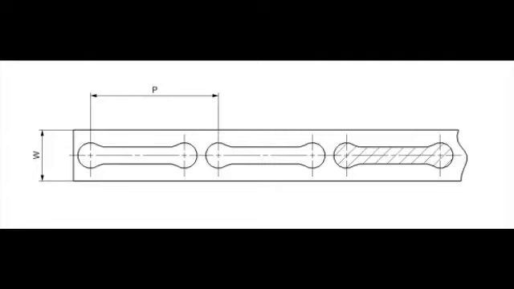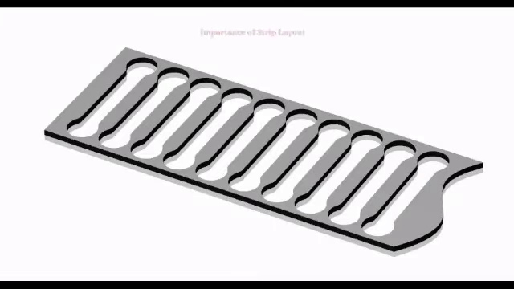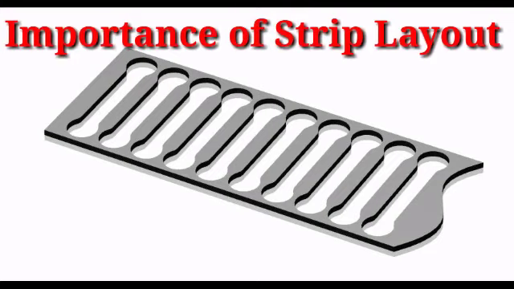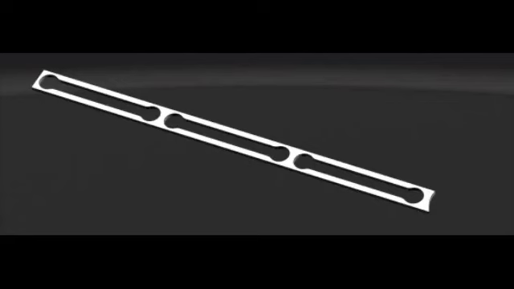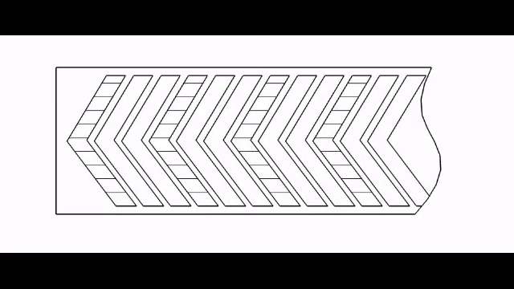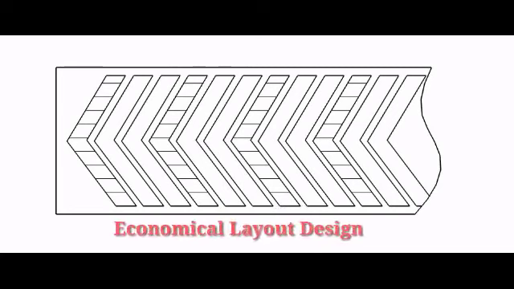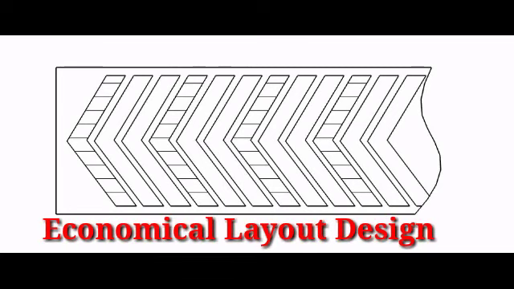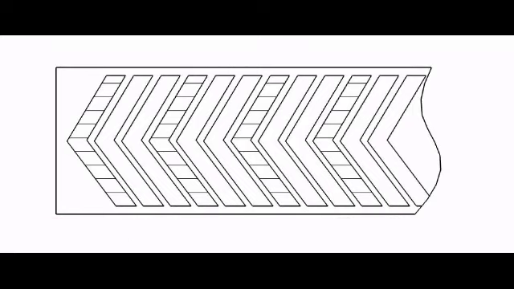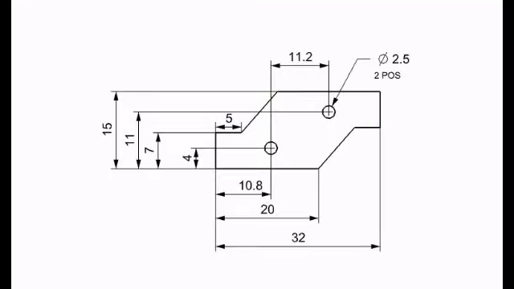So friends, today we are going to see all these topics. Also we are going to see the importance of proper strip layout, explaining the different types of layout which are preferred in industries. Also we can calculate the percentage utilization of the strip and decide the most economical layout for the press tool design. While understanding the different types of layout, we will also see the advantages and disadvantages of the various layouts. From the assignment point of view, I am giving 2 assignments to you for practice to calculate the economy factor.